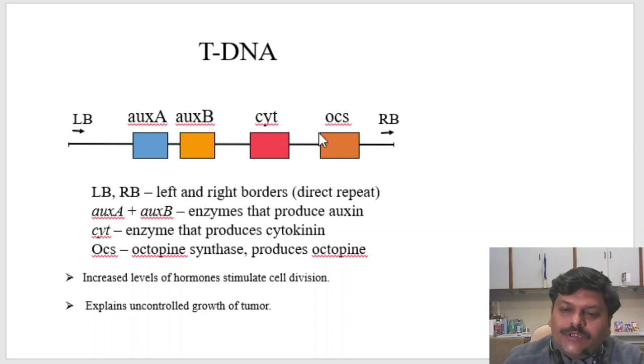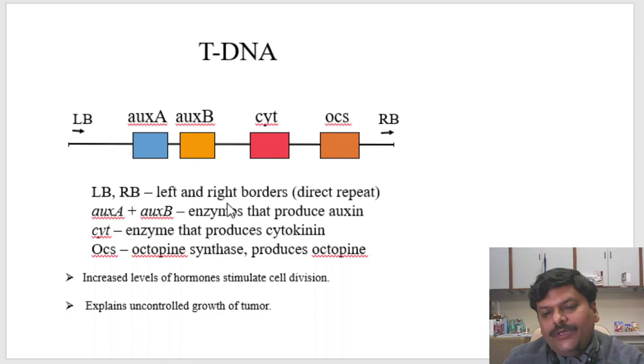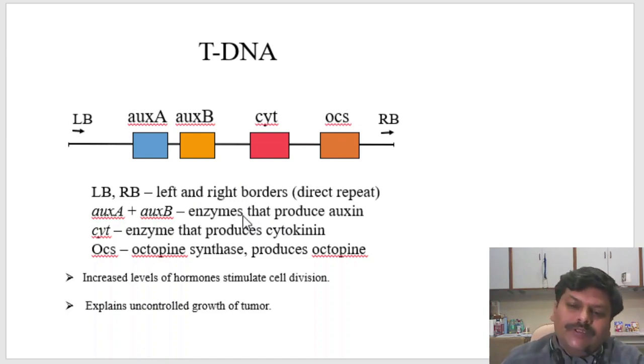Another thing made by the incorporation of T-DNA into the plant genome is special amino acids. I said these are collectively called opines. So opines are unusual amino acids. These amino acids cannot be used by plant cells for their own use. On the other hand, Agrobacterium uses opines as a source of food material, for example carbohydrate, nitrogen, and